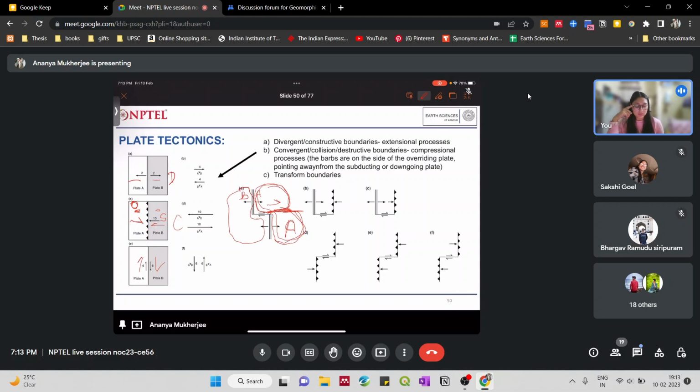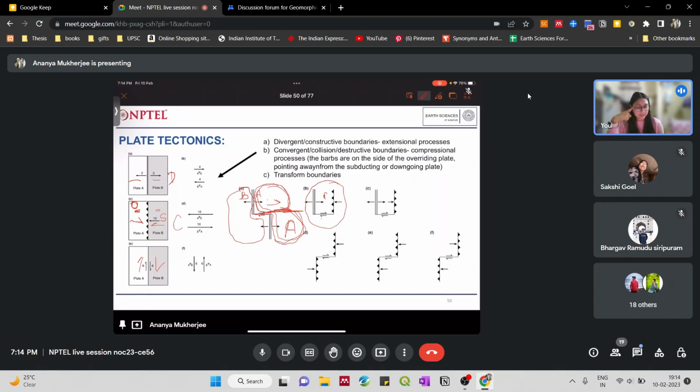At some place there is a transform boundary also between A and B, okay. So like that you can have a combination of two kinds of plate boundaries between two plates itself. Over here you can see that this is probably a combination of all three plate boundaries, where this